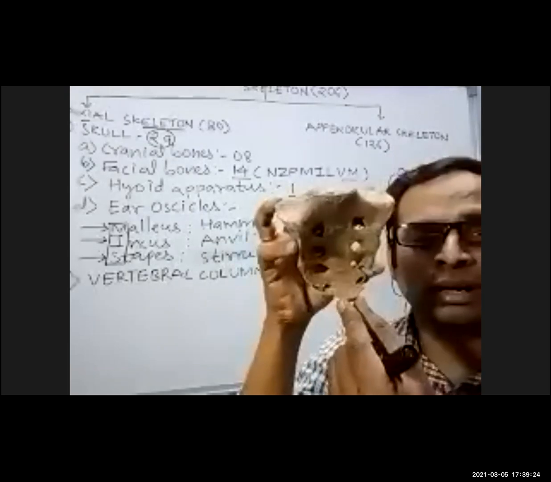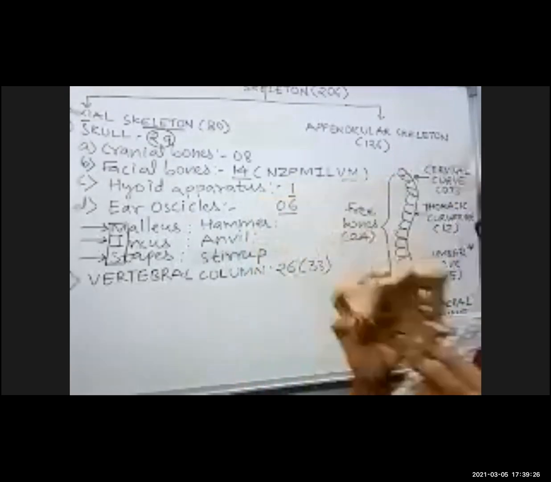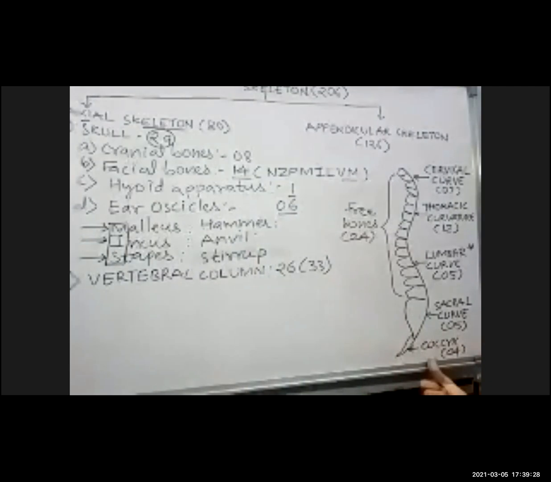Followed this? Yes, sir. And attached to this sacrum, you will have a small triangular bone that will be your coccyx. Ye wala. Coccyx or monkey bone will be the terminal part. So that is the way how, abhi here, you can call these bones fused bones. We can call this a fused bone, this a fused bone.